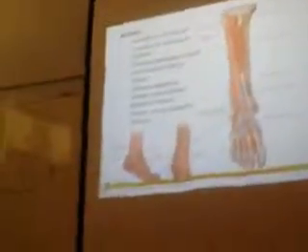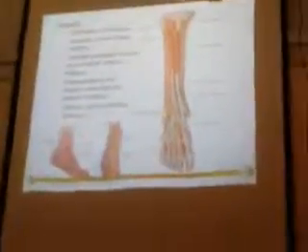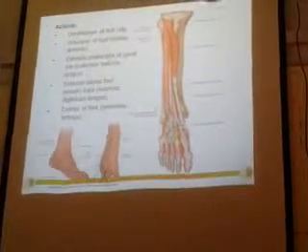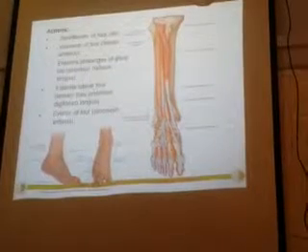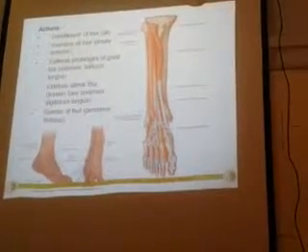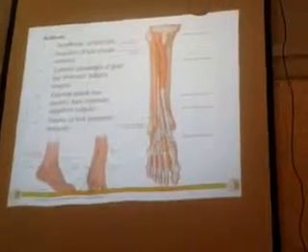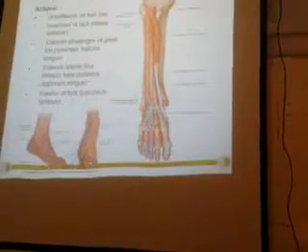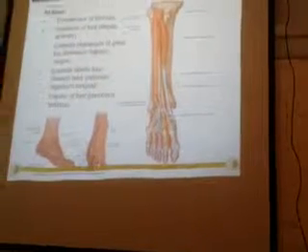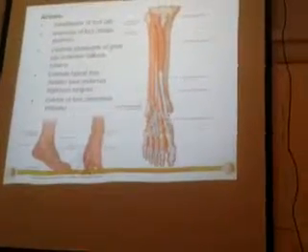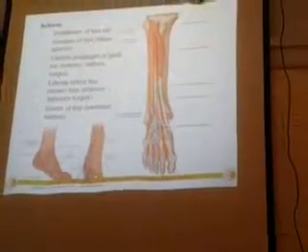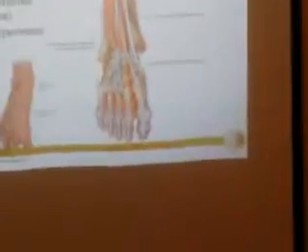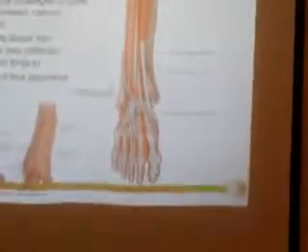So, coming to the actions, all help in dorsiflexion, that is lifting of the foot off the ground. Then inversion of the foot by the tibialis anterior, just like the tibialis posterior. This also helps in inversion. Tibialis anterior and posterior together help in inversion of the foot. The third is the extensor hallucis longus. As the hallux is there, it helps in the extension of the hallux as well as the ankle joint.